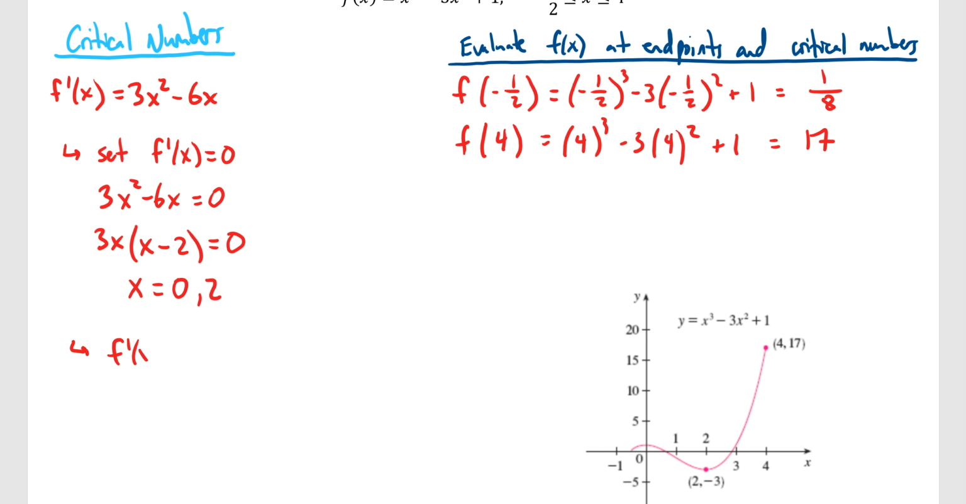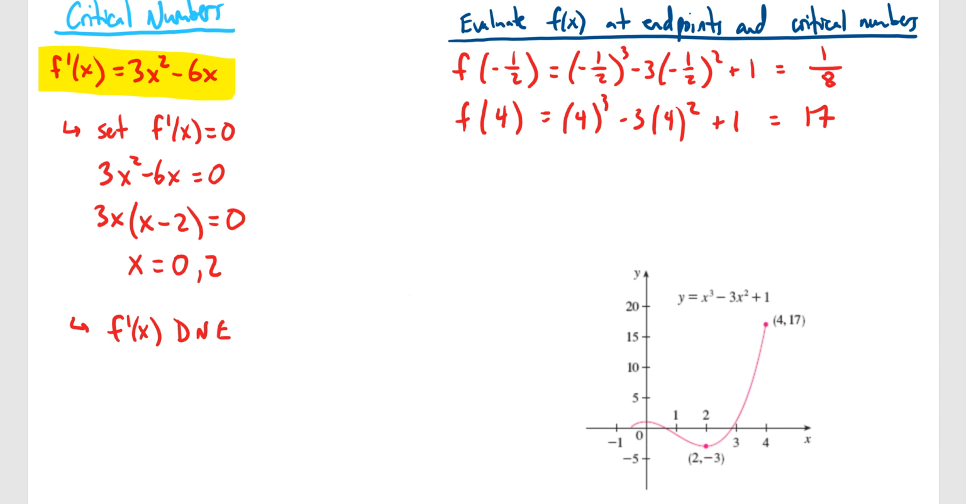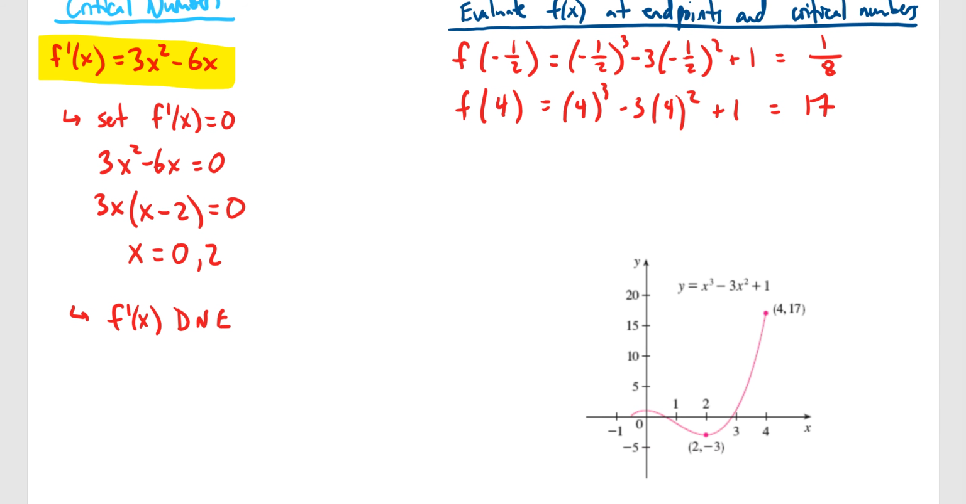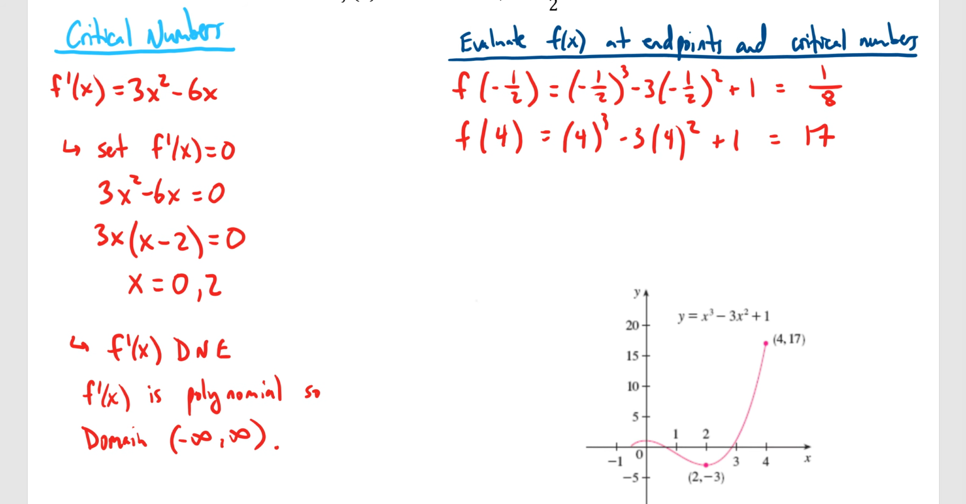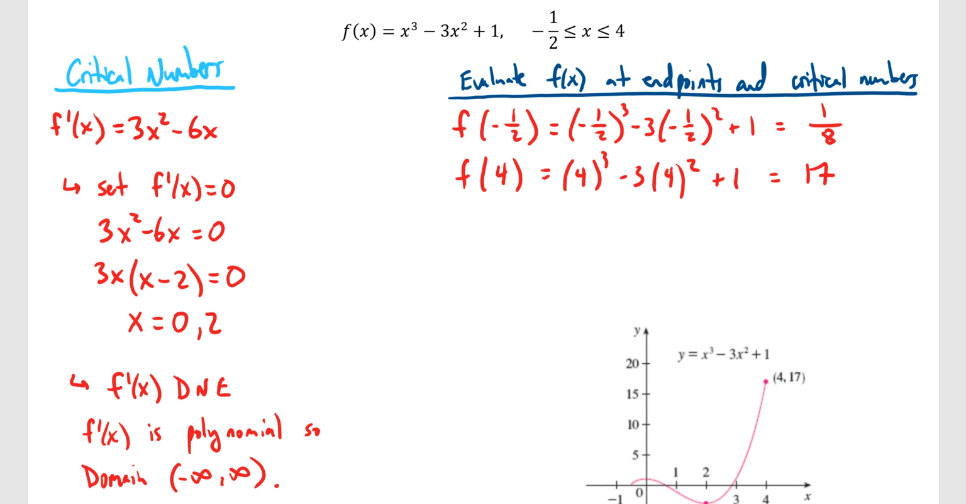The second part is f prime of x not existing. What values of x will make this not exist? The derivative, which we just found, is a polynomial, right? Polynomials, the domain for polynomials is all real numbers, so the derivative will never not exist. So anytime we have polynomials, we never have to worry about the derivative not existing, which is pretty nice. It makes the question a little bit shorter. So all we have to do now is take